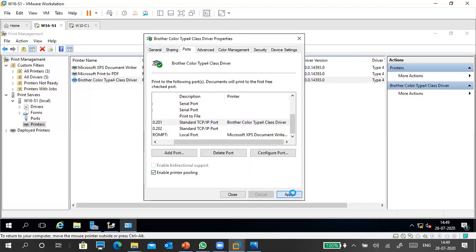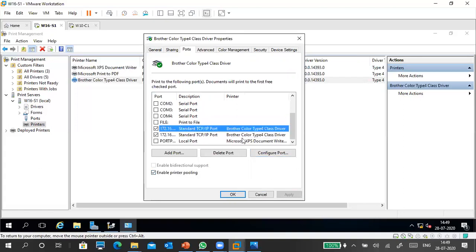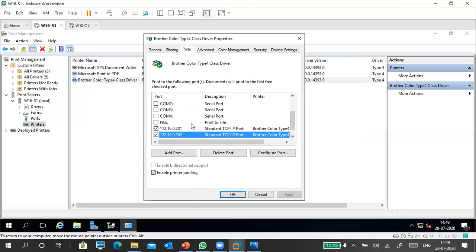Just click apply. Now you can see, because both are in the same pool, the first one's printer drivers are loaded to the second one. The 201 printer driver name came here as well.